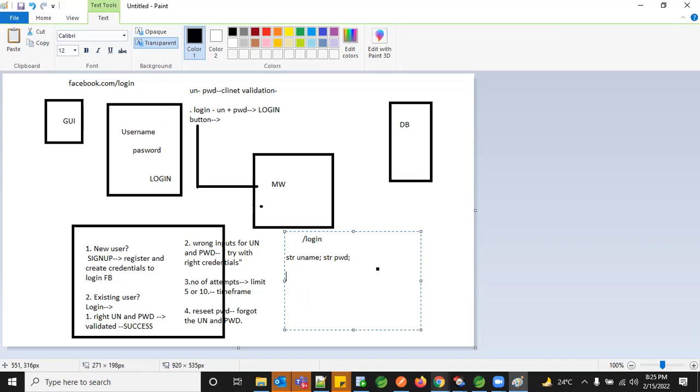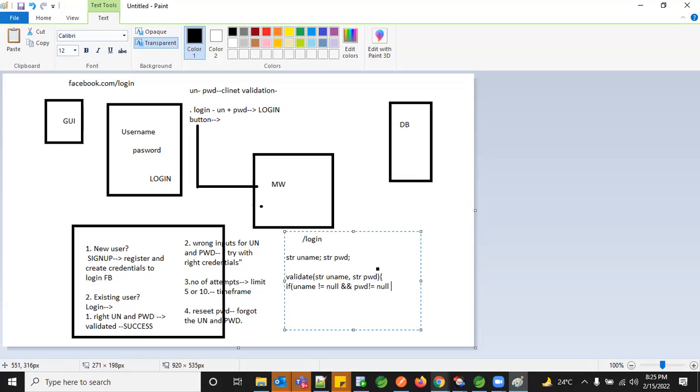Now I need to check whether the username is null or empty before going into normal Java code. So I'm going to give a validate method, which accepts string username and string password. Within this, I'll do a normal null check: if username not equal to null and password not equal to null.